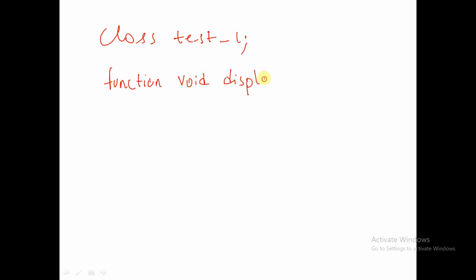For example, in class test_1, I have a function called void display_1. I'm just displaying some random value here, and ending this function